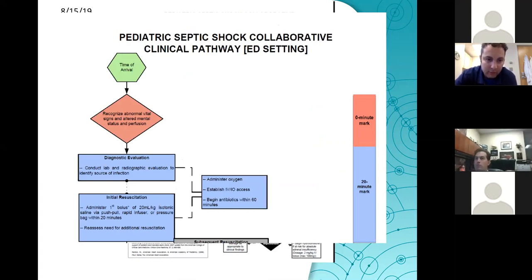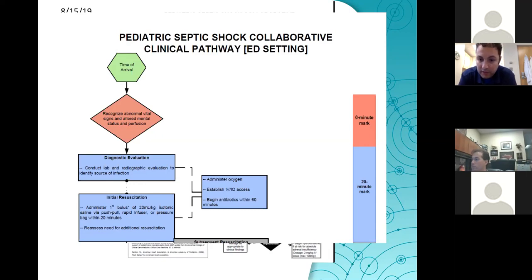Not very easy in pediatrics. I cannot emphasize enough how hard it sometimes is with a 3-year-old who's fighting your nurse to get a cuff blood pressure, or fighting anyone who touches them to get the pulses, and you cannot tell: are they altered, or is this just being a 3-year-old? Very hard. Then moving forward to diagnostic evaluation, including some labs, identifying the source of infection, and identifying if your patient is actually at high risk to be septic.